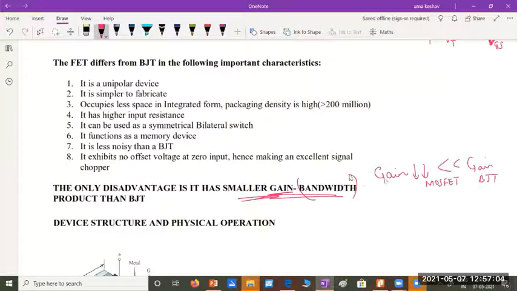Bandwidth is higher only, but still the product of gain and bandwidth is what matters. We call the gain bandwidth product the figure of merit in amplifiers. Please remember all these terms. You will be measuring it in the lab also. You will be measuring the figure of merit of an amplifier, which is nothing but the product of its gain and bandwidth. So please link your theory to lab; it will be easier. This figure of merit of FETs is lesser than that of BJTs, but we get many more advantages.